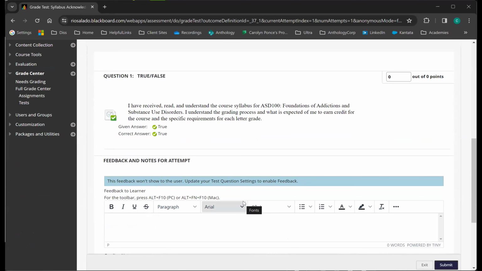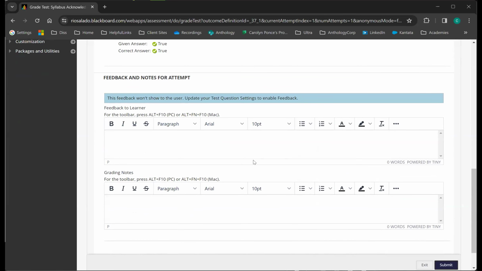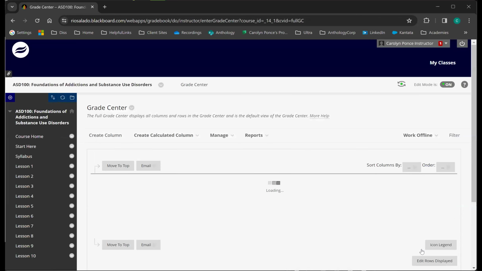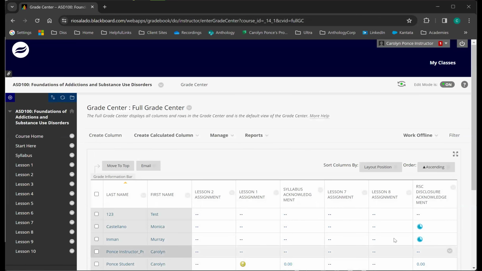So if a student says they should have gotten something right, you can check what their submission actually said. There are some opportunities to provide feedback if needed. I'm going to click exit because I'm not adjusting anything for this particular student.